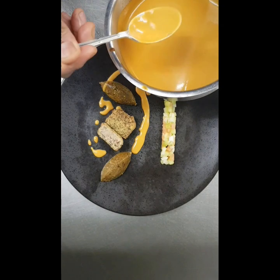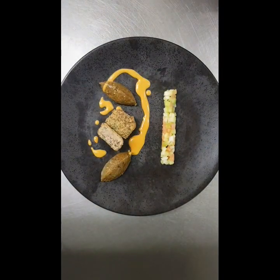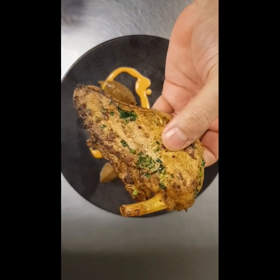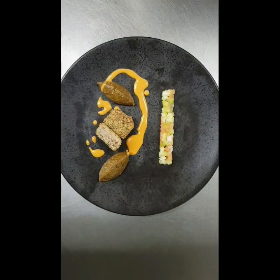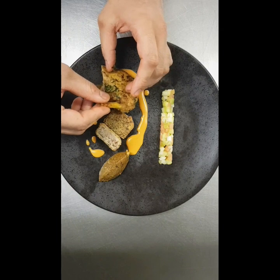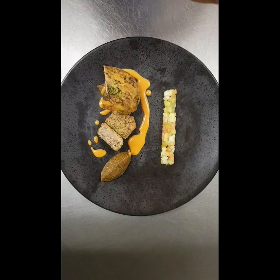So what I'm gonna do, not too much of curry sauce, because I'm gonna use curry spuma as well, which I have in the chargers. So I'm not putting too much sauce on the plate. And this chicken I'm gonna cut into half, and then I'm gonna use my eggplant caviar as it's gonna give elevation to my